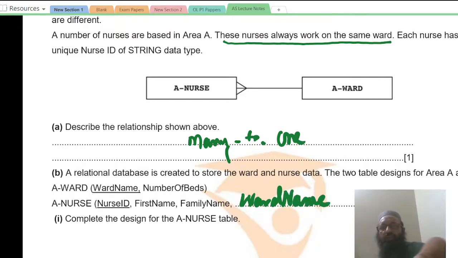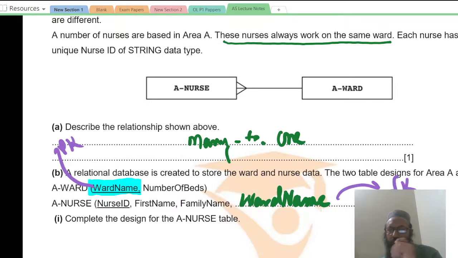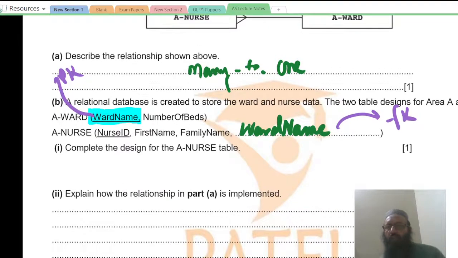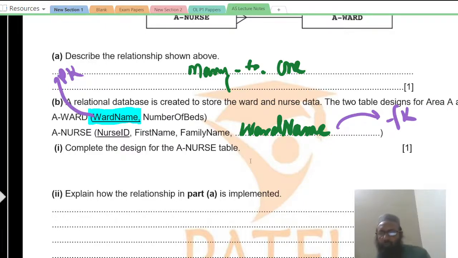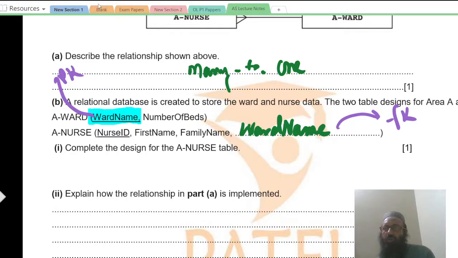Here ward name is primary key. Mostly the primary key is represented by underline. So we can say that ward name is primary key in this table. If ward name is primary key in this table, we can say that ward name is foreign key in the other table, right? Complete the design. Okay, we have completed. Now you are asked how the relationship is implemented. What we do, we connect ward name of a ward. Ward name of a ward is linked with... Now, how do we implement it? We will write down that ward name of a ward